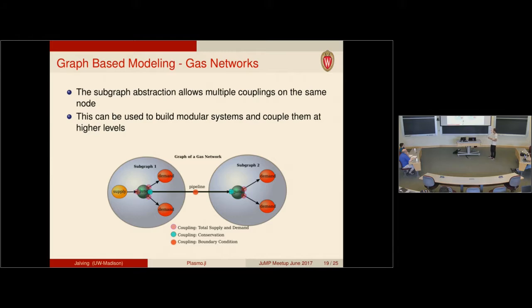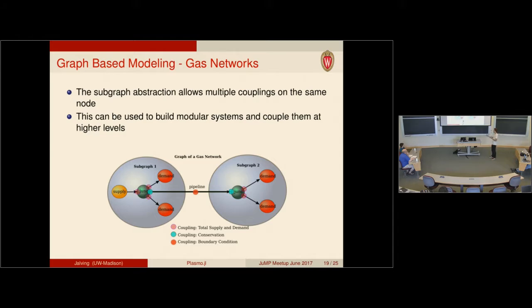And so what we see is, on the left side, that junction in subgraph 1 has 3 neighbors, and we can write this coupling to its supplies and demands in a very general way. The key is we can write it in a very general way and say, I know my neighbors in and out, so I know what my supplies and demands are, so I can get my total supply and demand. Within the graph of the gas network, we see that it only has one neighbor, and that's another junction. So we can write another generic coupling function and assign that to the same junction,